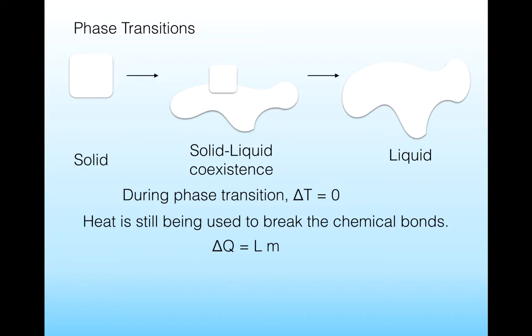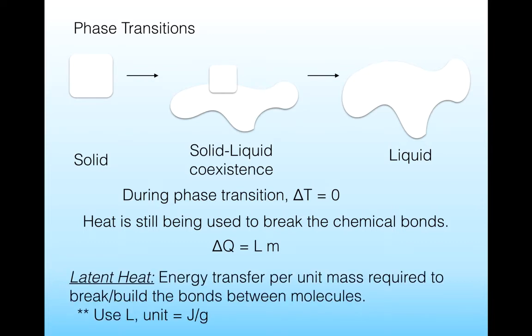And we can write a new equation, which is delta Q is equal to L times M, where L is the latent heat, which is also a constant of proportionality, and M is the mass of the system. So the latent heat, again, is the energy transfer per unit mass required to break or build the bonds between molecules. You can have latent heat of evaporation, latent heat